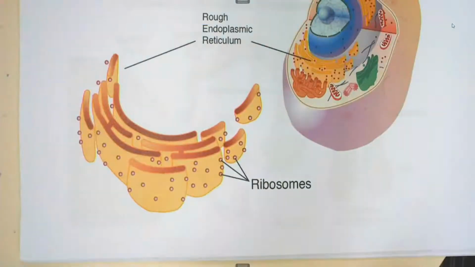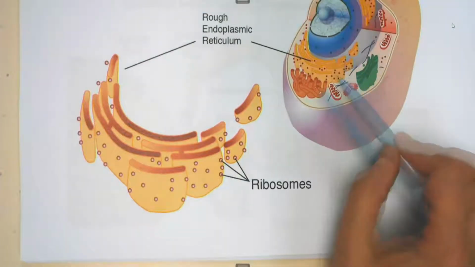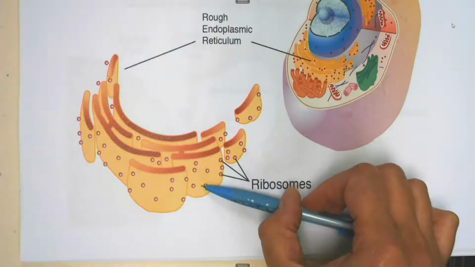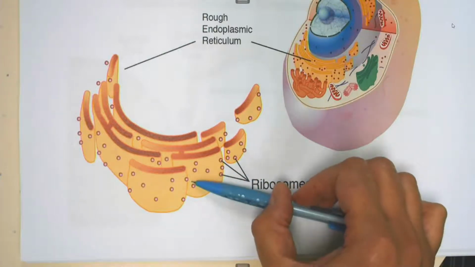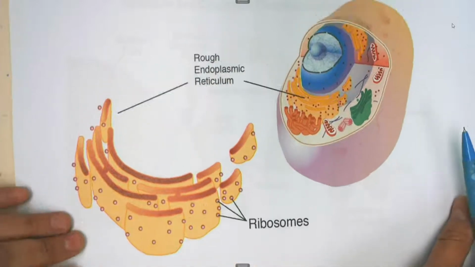Okay, just another picture to give you a view from a different side. Again, the nucleus, there we have the ER, and then the ribosomes that are stuck to the ER. That is why this one is called the rough endoplasmic reticulum. So now at least you know where in the cell we are working, and now we can start discussing the